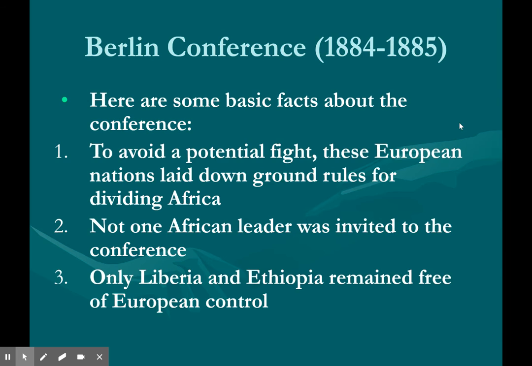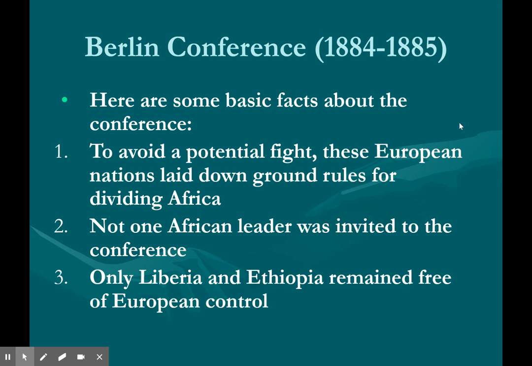So the Africans themselves weren't the issue. They knew the other Europeans would be. So they wanted to make sure that other Europeans were on the same page, but didn't actually contact any African leaders. So there's no African leader involvement in any of these conferences to decide, hey, you should split up this or this. These people are independent. They don't need European rule, things like that. So it's going to be a big deal that no African leaders were actually invited.